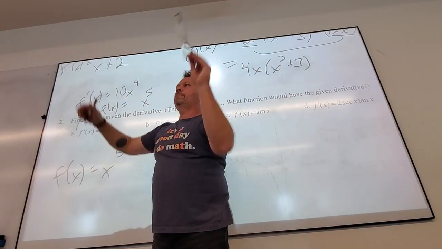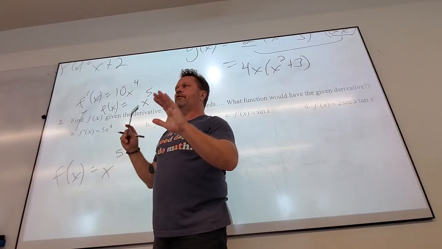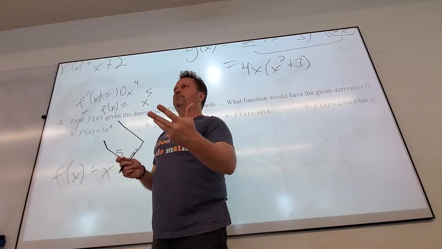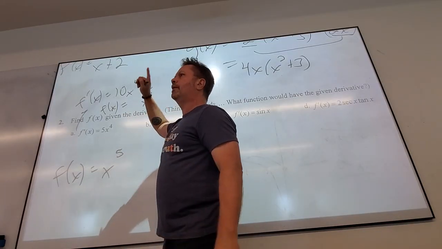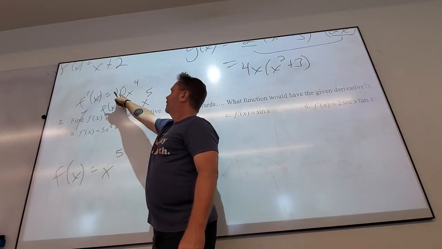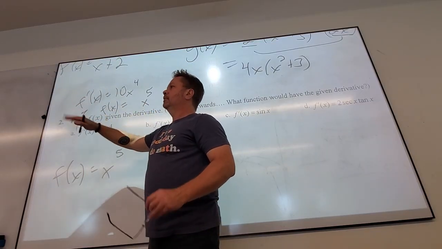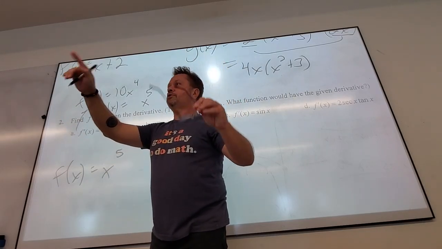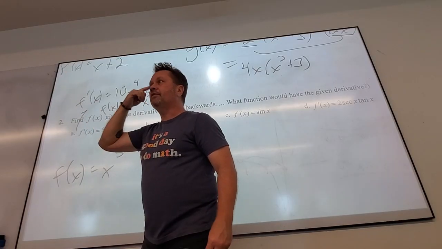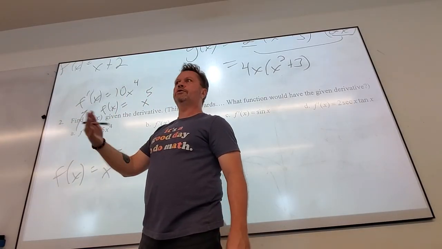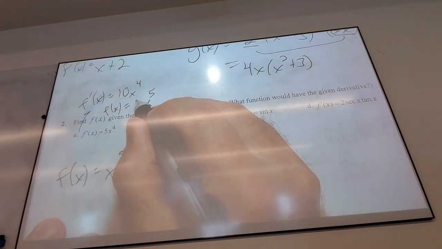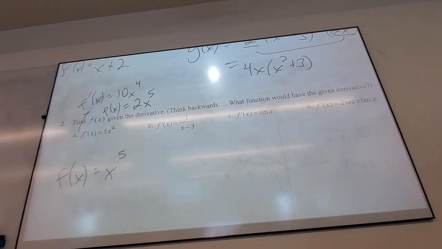Is everybody with me? This is the part where students feel like they're cheating or something silly. No, we're trying to flip and work this backwards. We're going to write down what I know must be there. Its derivative would have a 5 come down. What must have been here already to make it end up with a 10? Do you guys understand that that is part of the process sometimes, to think exactly like that? What must have been there? Oh, a 2, that's the answer. So if I would have put 10x to the 4th, one antiderivative would have been 2x to the 5th.